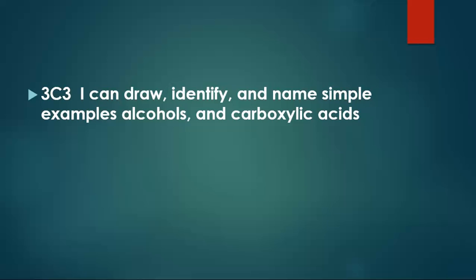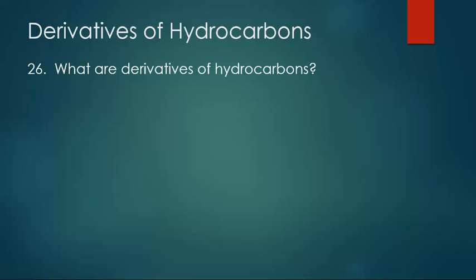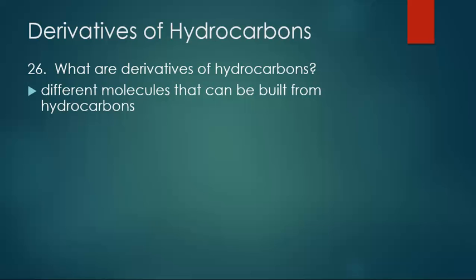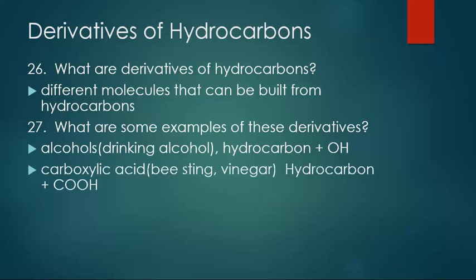In organic chemistry, the basic pieces, like those bricks, are alkanes, alkenes, alkynes. But there are many, many different specialized pieces that you can add in order to create even more types of organic molecules. Derivatives of hydrocarbons are different molecules that can be built on the hydrocarbons. Some examples: